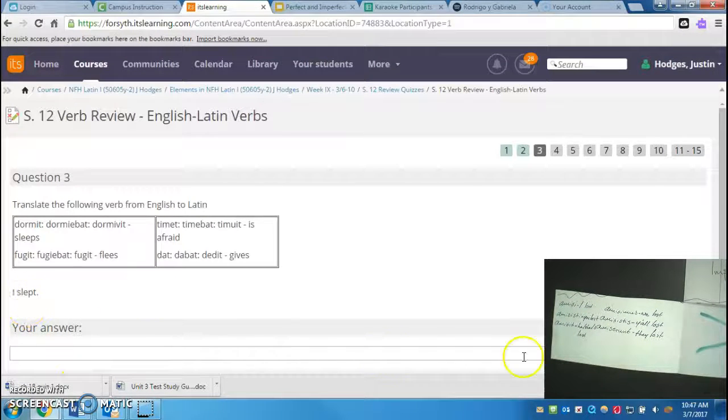Okay. I slept. We've got I lost, you lost, he lost, we lost, y'all lost, they lost. So we've got first person singular up here. Notice the ending is an I. You can repeat back to yourself for the perfect tense: i, isti, it, imus, istis, erunt. I'm giving you the present, imperfect, and perfect over here. So notice how the form changes from dormit to dormivit. It is the third person singular ending. We want to replace that with the first person singular ending. So our answer should be dormivi.